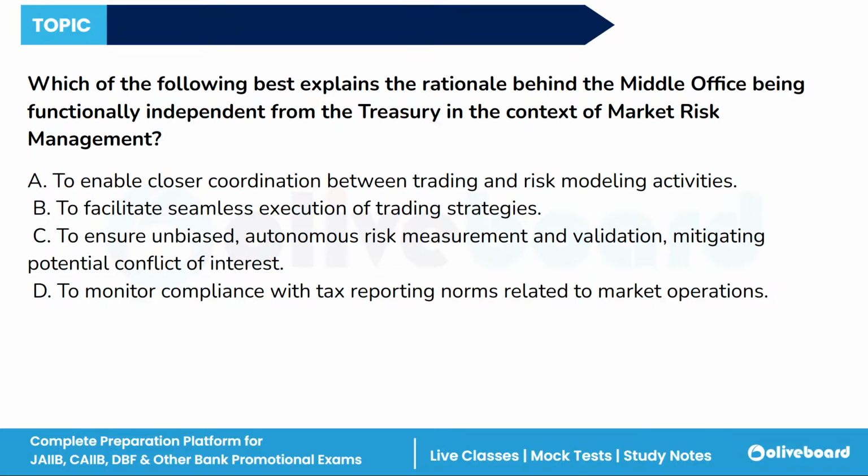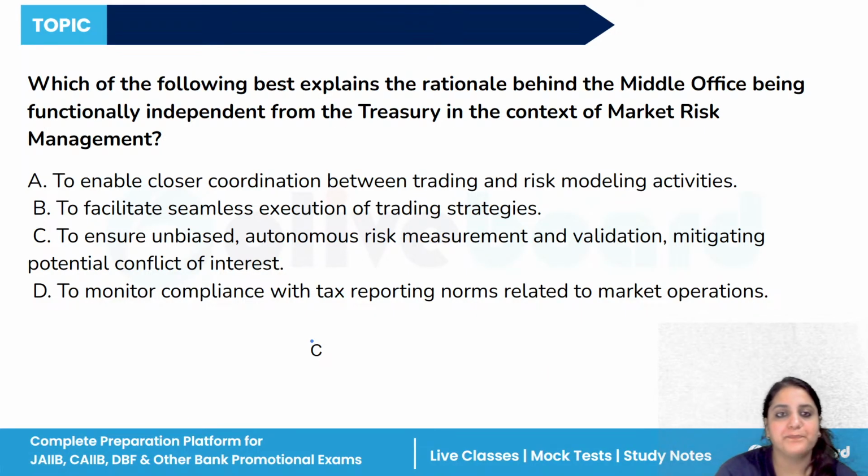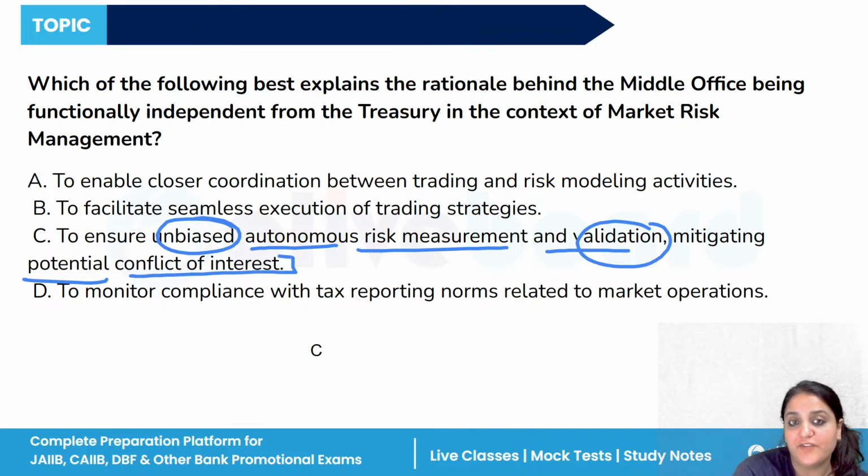The correct answer is it ensures unbiased autonomous risk measurement and validation that mitigate potential conflict of interest. So the middle office works completely for this, that basically ensures there must be unbiased autonomous risk measurement and